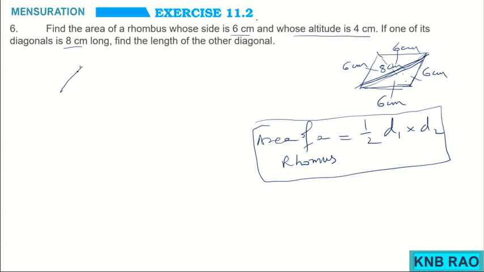So I am taking the formula for the area of a trapezium. Here the corresponding height is given to us. That means the distance between two parallel sides is known. This side is 6 centimeter and the other side is also 6 centimeter, and the distance between them is 4 centimeter. Therefore, every rhombus being a trapezium, the area of this rhombus